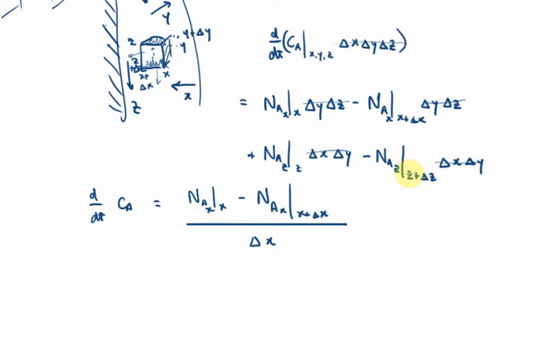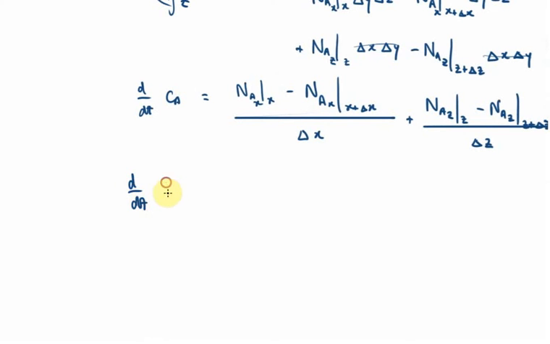And then similarly, this one is going to be plus NAz at z minus NAz at z plus delta z, divided by delta z. And so, of course, if we take the limit for delta x and delta z going to 0, we're going to get